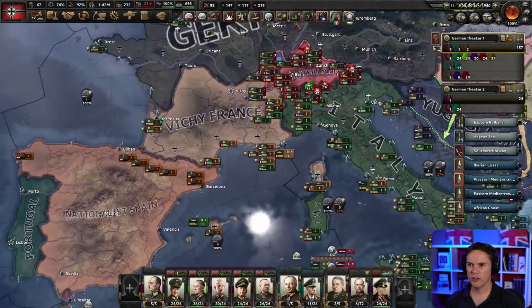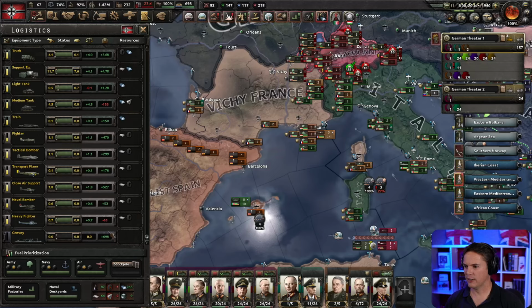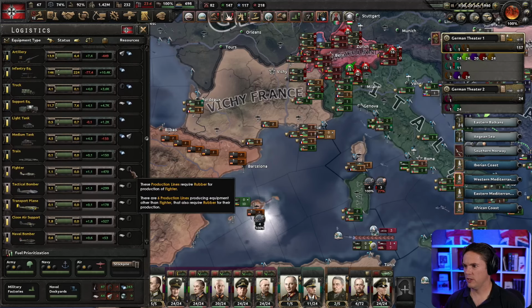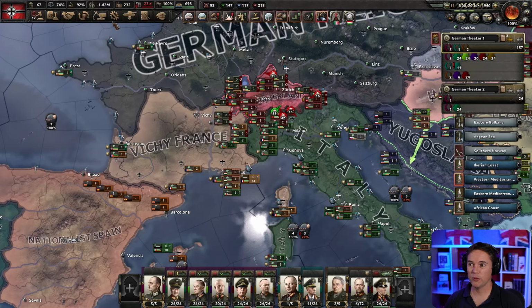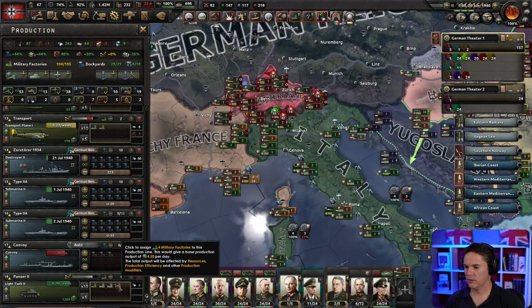So there's a few things we can do. Right, so we should have a huge stack of light tanks. Am I right? We should see this somewhere here. Medium tanks, light tanks. We've got 1.2k. What I'm going to do is put some of them into garrison divisions, but we won't have enough yet. So I'm actually going to invest in this because